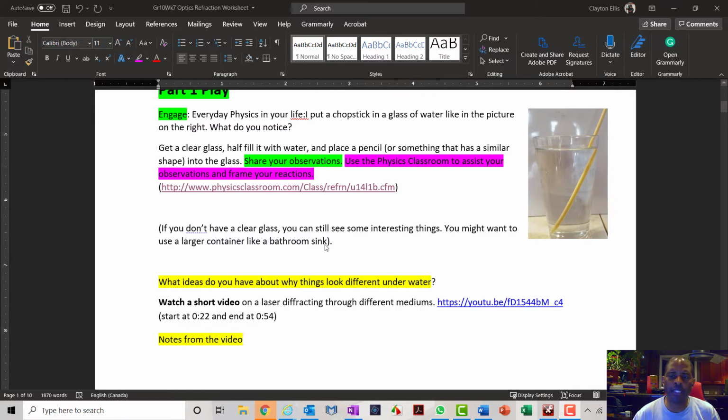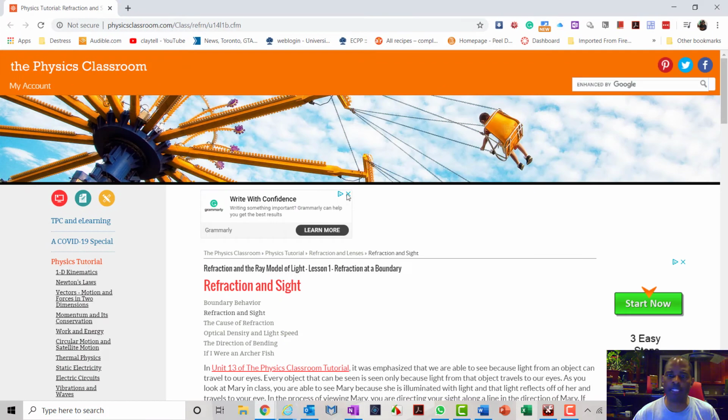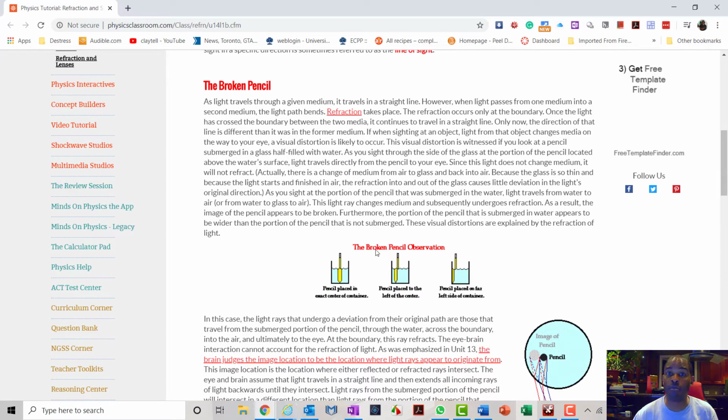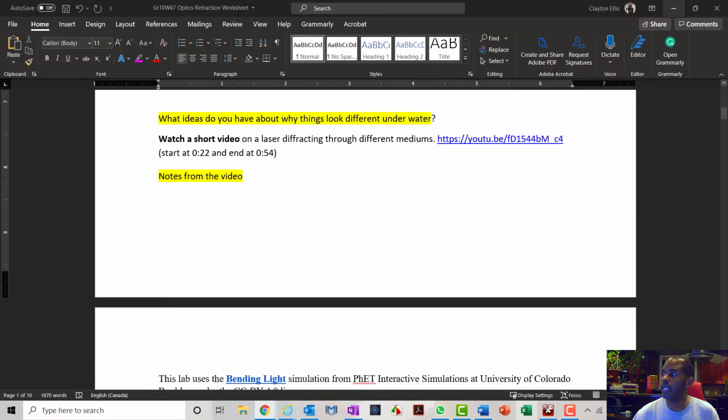Now, as you look at this, you'll see there's a lot of resources. One of the places I send you to is the physics classroom, right? So the physics classroom I mentioned before is a great resource. It's like an online textbook with links and little animations and a really good explanation, and even an explanation of that broken pencil. I use the straw. You'll also see links to